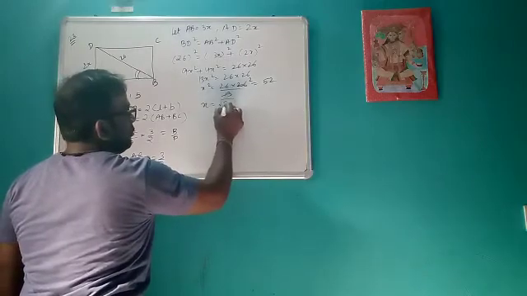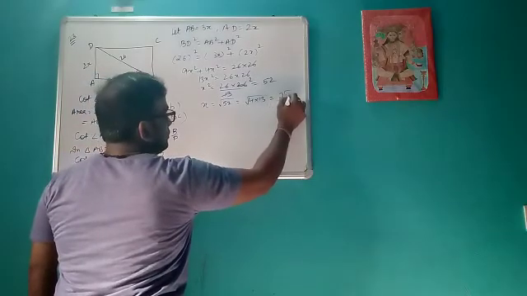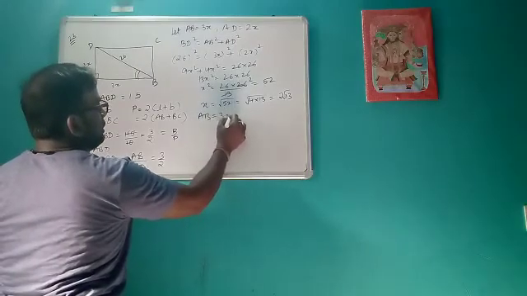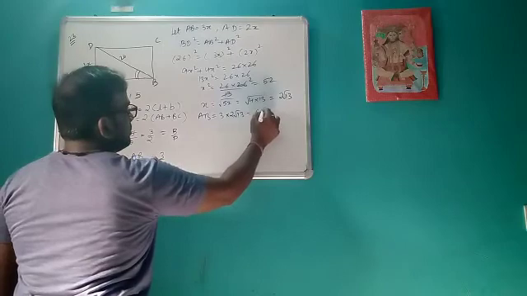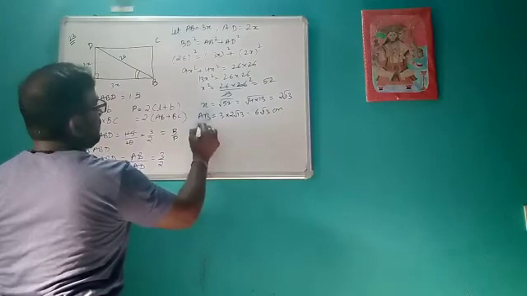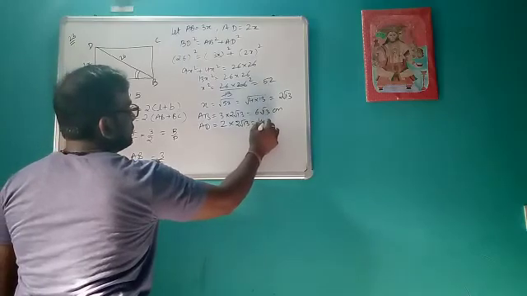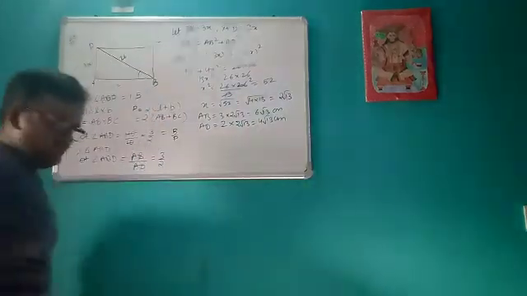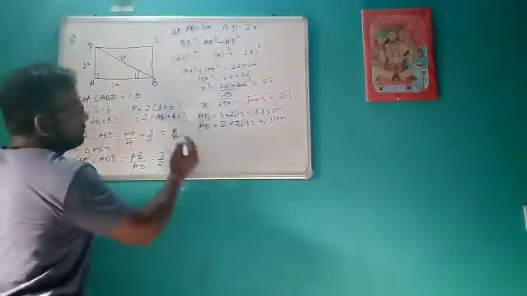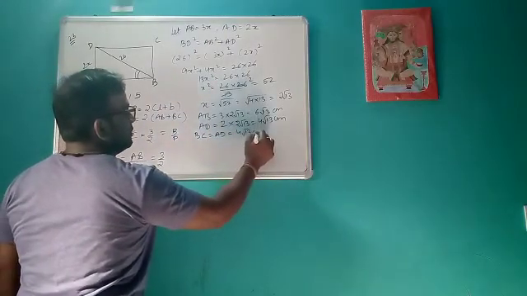x will be square root of 52. Of 52 we can write it as this. So it becomes 2 root 13. That means what is our AB? 3 into 2 root 13, that is 6 root 13 centimeter. And what is our BC? What is our AD? 2 into 2 root 13, that is 4 root 13 centimeter. Okay, and since it is a rectangle, BC will be equal to AD, that is 4 root 13 centimeter.